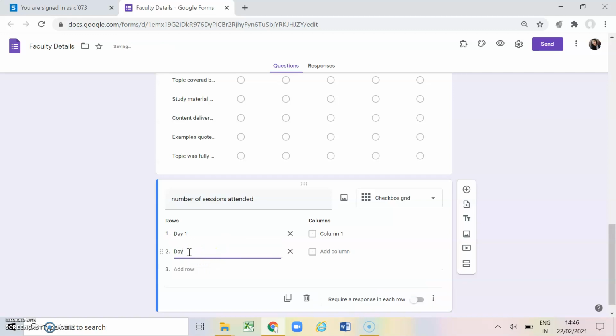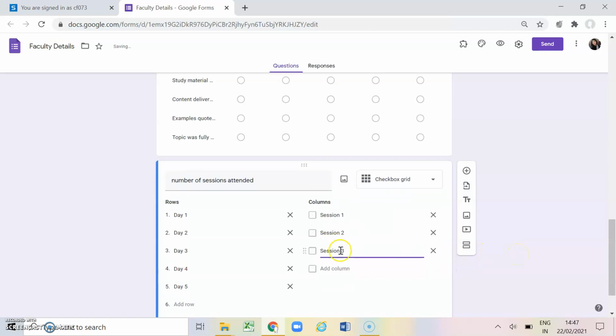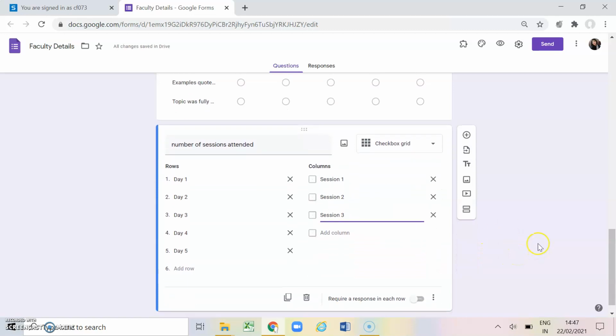So day 1, day 2, day 3, day 4 and day 5. So this is session 1, session 2, session 3. As there are only 3 sessions, I'll write only 3 sessions here.